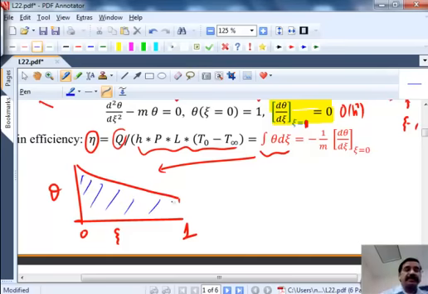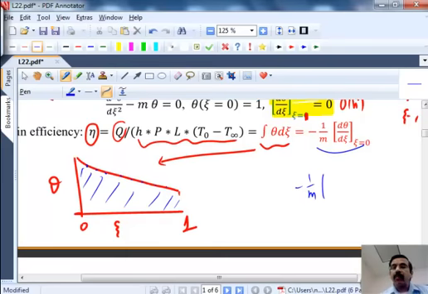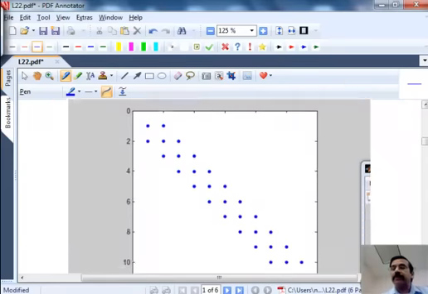Using the trapezoidal rule, using those discrete values that we have obtained as a solution to the differential equation. Now for the second method, all we are going to do is minus 1 over m. M is a known parameter, and you replace this by your backward difference formula. Okay, and that backward difference formula is